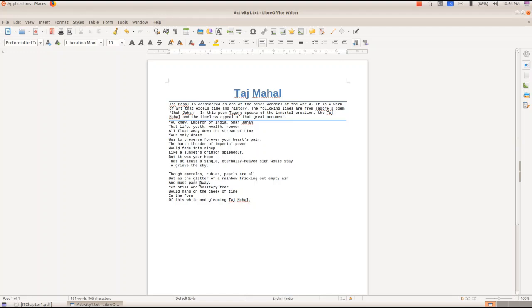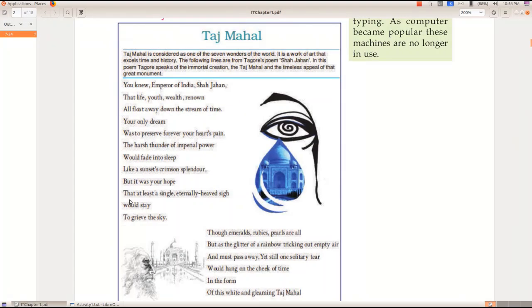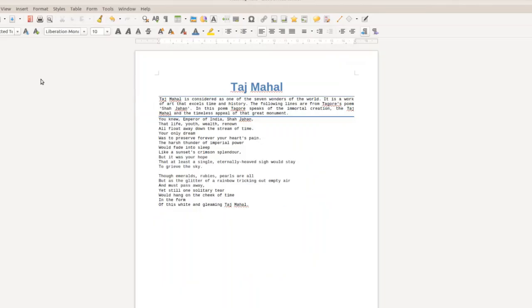And then the third thing that we have to do is after each line, we have to leave some space, and that is known as line spacing. And the fourth thing, we have to shift the second stanza towards the right margin, just like what is given in the text.